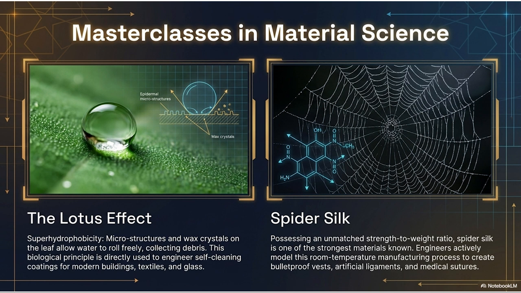But the final material science example in our research is the one that really gives me pause. It represents the absolute pinnacle of what we are trying to achieve. Spider silk. The holy grail of material engineering. The text states boldly that spider silk possesses an unmatched strength-to-weight ratio. Ounce for ounce, it is stronger than structural steel and significantly tougher than Kevlar, the material we use in bulletproof vests. Yet it is incredibly flexible, lightweight, and elastic. It can stretch up to 5 times its relaxed length without breaking.